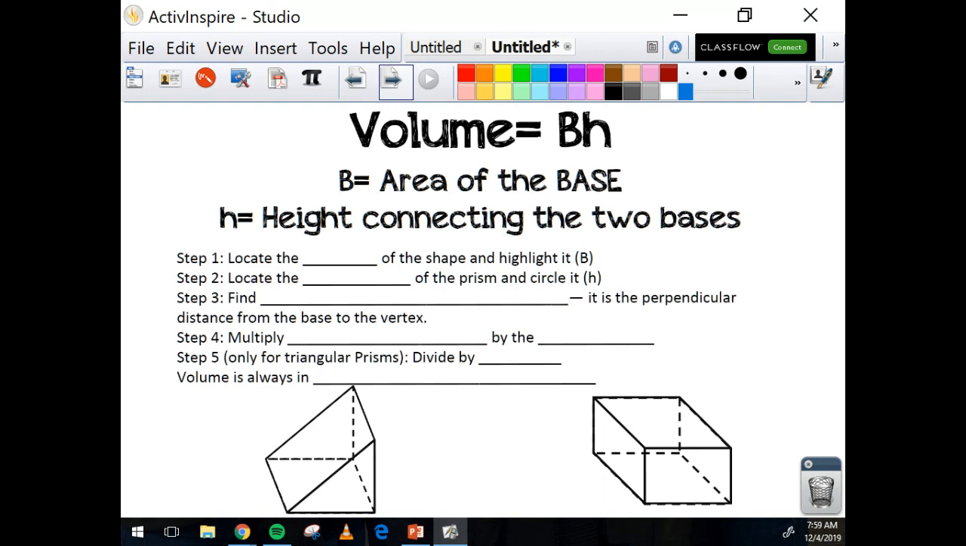So we've already kind of talked about what some of these letters represent, so we're going to continue and review them. So volume is B, capital BH. So we're going to multiply the area of the base by the height connecting the 2 bases, or the height of the entire figure. So the first thing that you're going to do